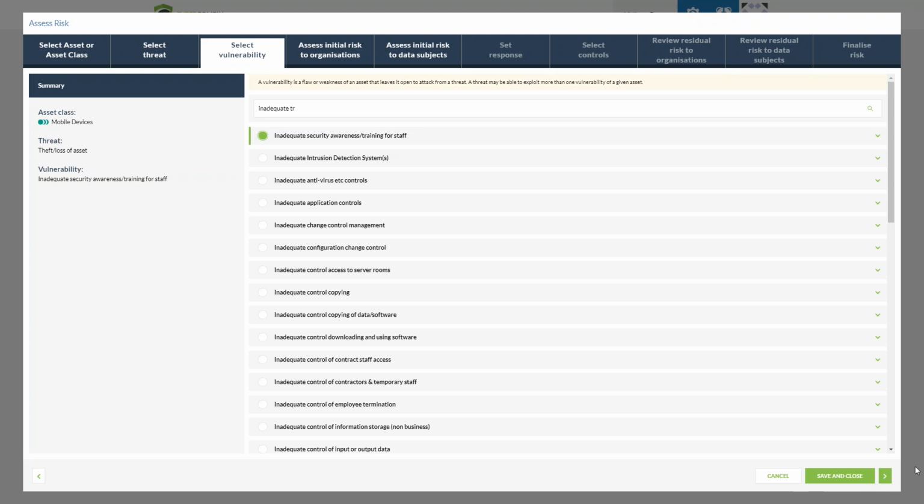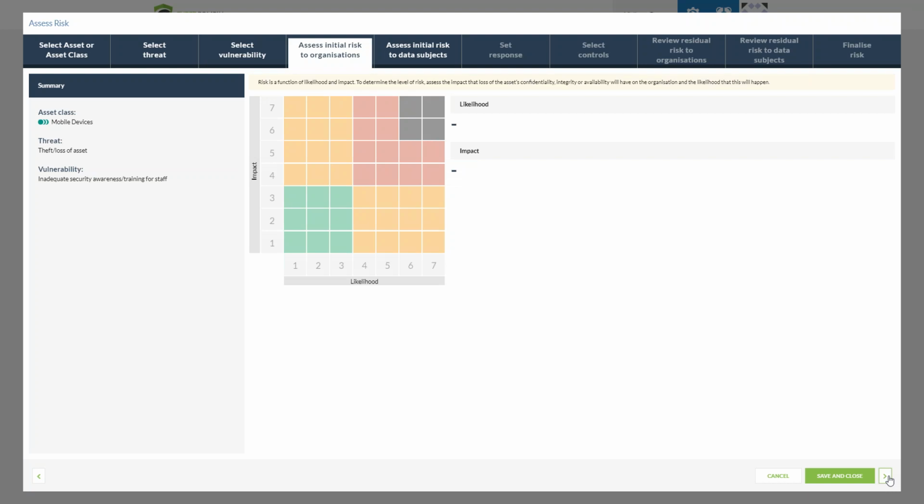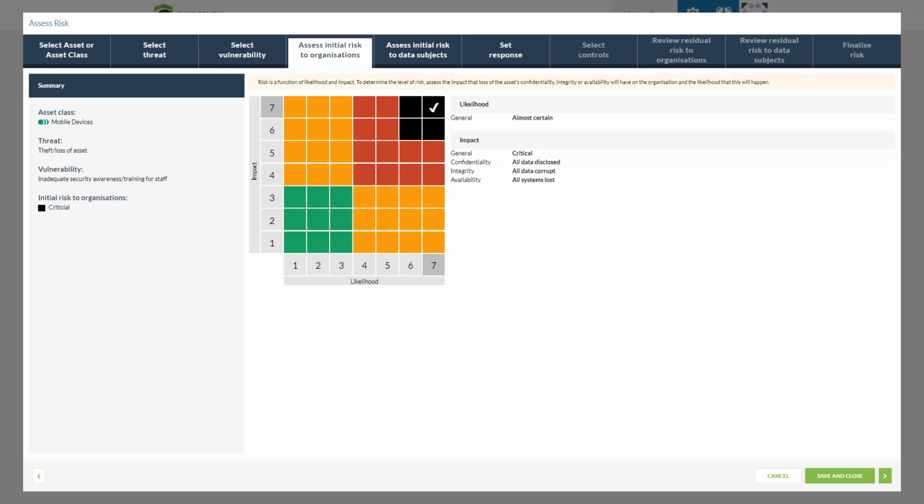So we're actually going to continue through today, and we're going to choose now to assess the initial risk to the organization. Now, if we were to select it was going to be an absolute critical, we could say that the likelihood is going to be almost certain. Maybe we're operating in a very high crime area, for example, or when our staff do travel, they're traveling very far and wide. So there's a lot more interactions that might come into place with their luggage, for example, maybe multiple transfers on planes, for example. We're going to say that it's going to fall a little bit more into